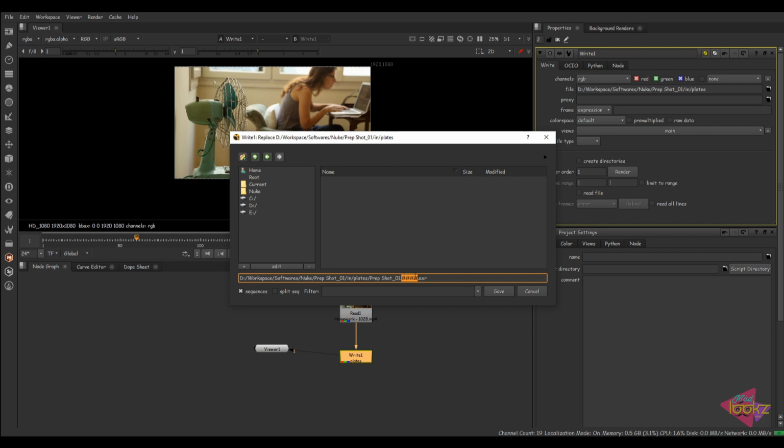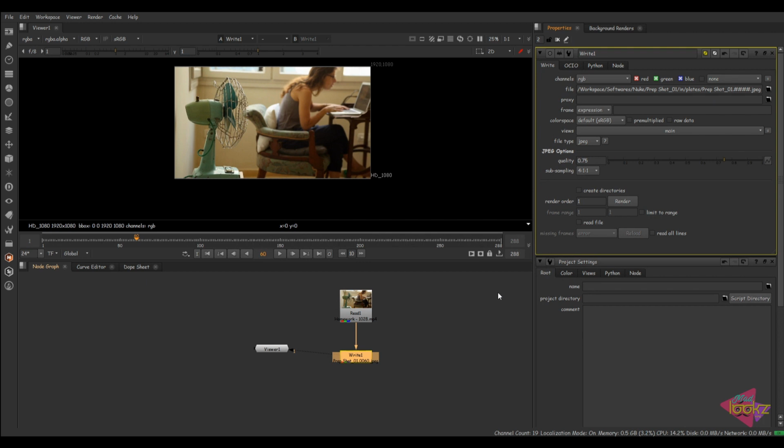You can use exr or TIFF or TGA or JPEG, or you can use DPX also. I'm using JPEG here because I can work easily in JPEG, and this is only for tutorial purposes.